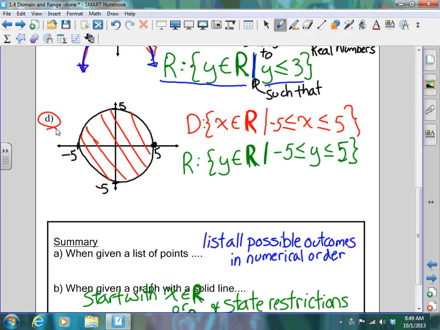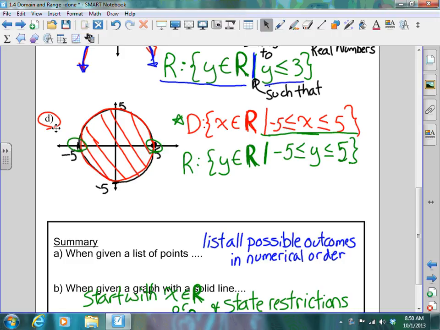Okay, taking a look at example D, we have a circle. This circle, guys, means that it can be anywhere along this line. And anywhere along this line means that if you look left and right, the furthest we can go left is -5, and the furthest we can go right is +5. So how do we say that? We say that for our domain, x belongs to a set of real numbers such that x can be, and this is how you show it when you've got two restrictions, one on the left and one on the right, you start in the middle. x has to be greater than or equal to -5, and x has to be less than or equal to